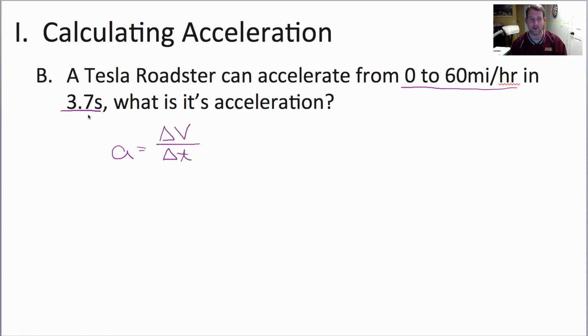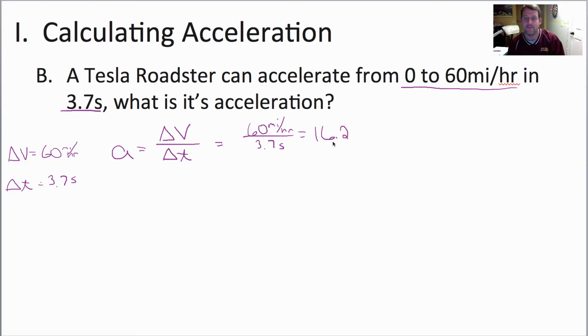So let's do the calculation real quick. So our change in velocity here, we're going to write it down. From 0 to 60 is 60 minus 0, so it's 60 miles per hour. And our change in time here is 3.7 seconds. So we can plug these into our equation. We've already solved for acceleration. We have 60 miles per hour divided by 3.7 seconds. We plug that into our calculator and we get 16.2